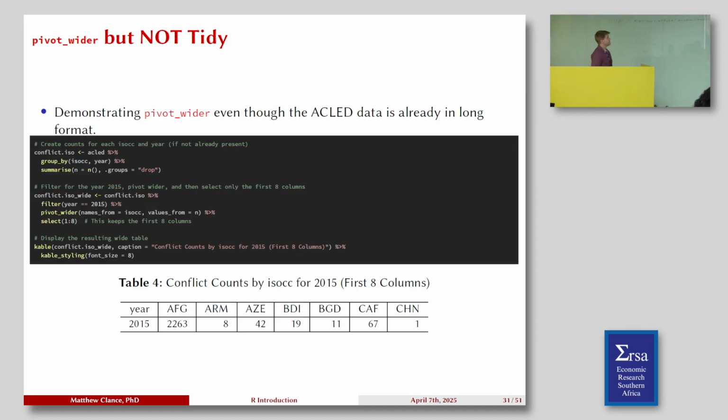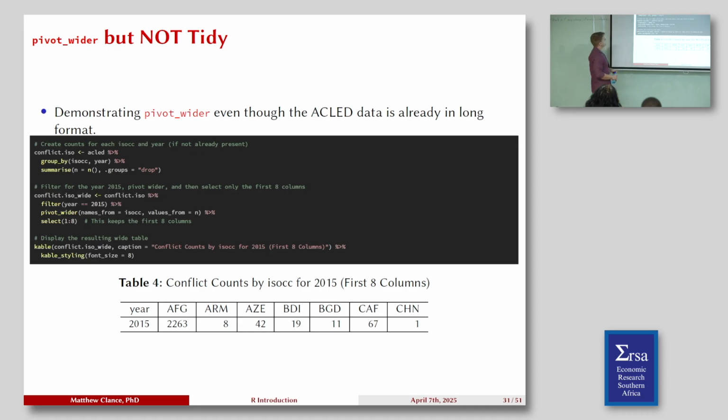Okay? So what I'm demonstrating here, because our conflict data is already in long format, is that we have an observation, a year, and the outcome. So in some ways, it is long format. But just to give you an idea of how we could modify this, we can pivot wider. We could still use the pipe to group by particular countries. This code should have been put with the other one, sorry. It shouldn't be in this format.